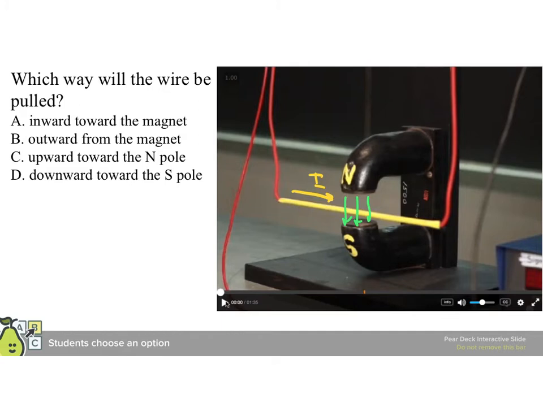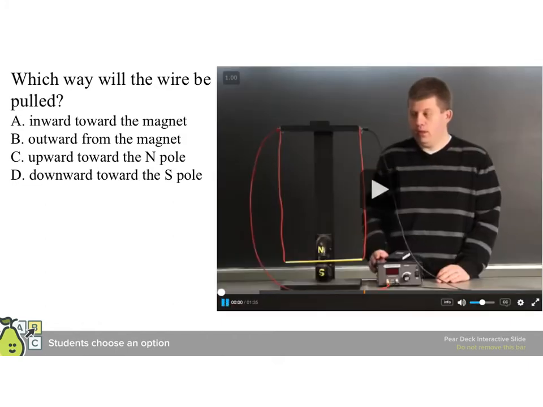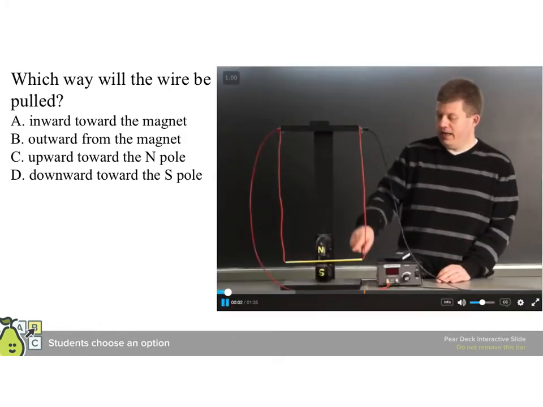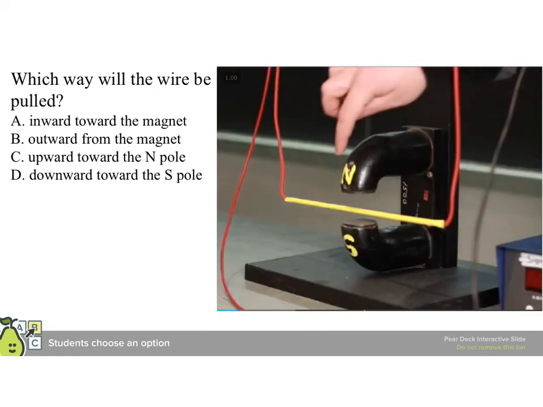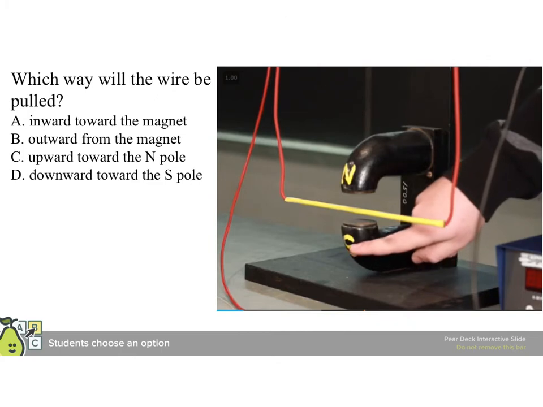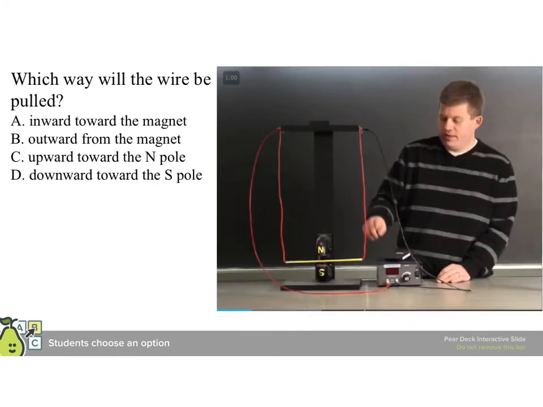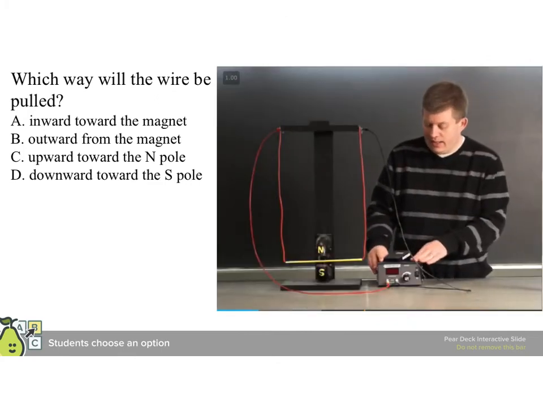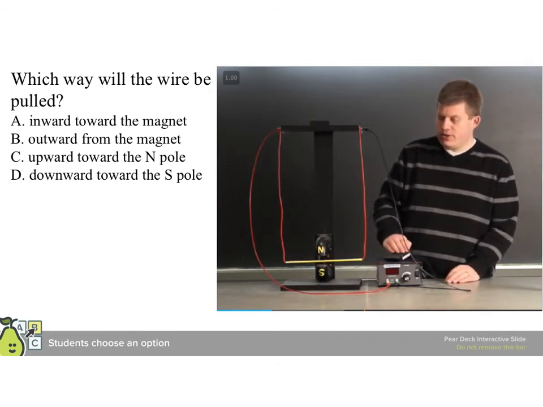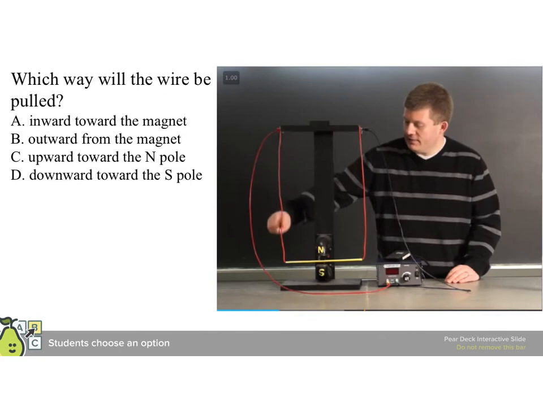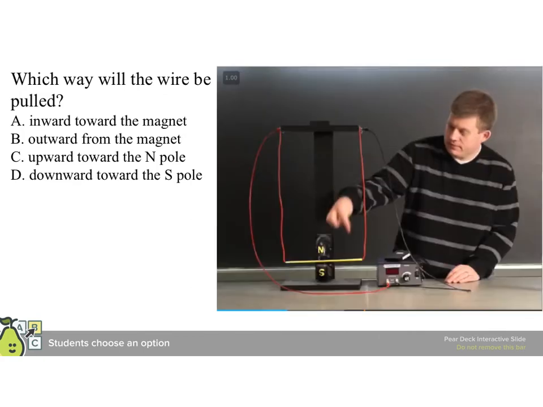I'm about to let it play and you'll be able to watch it, but right now you should be able to come up with a thought even as we get started. In this demonstration, I have a length of wire suspended between the poles of this strong magnet. We have the north pole here and the south pole here, and I have this apparatus connected to a high current source. Now when I close this switch, current will flow down this wire, along here, back up, and then